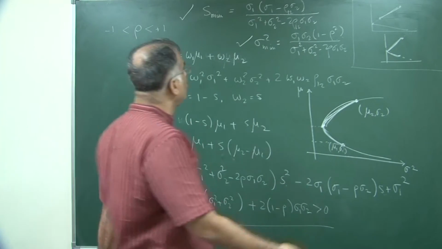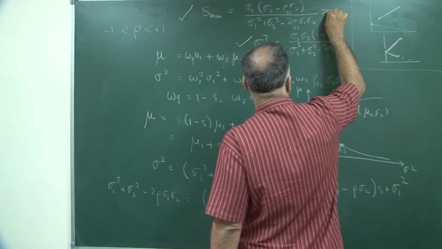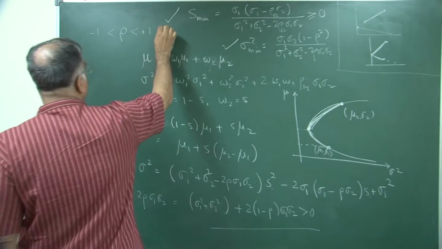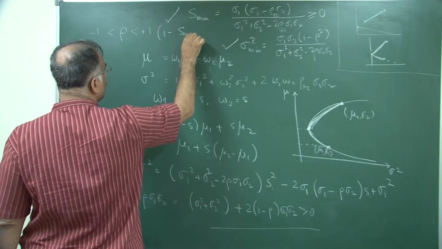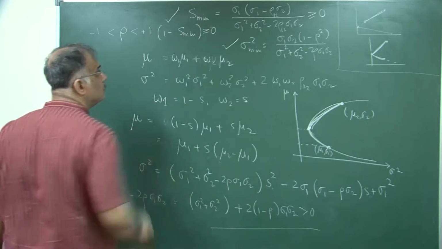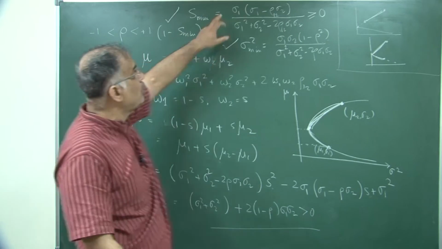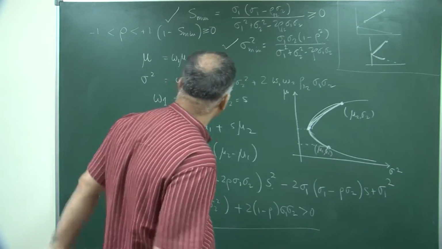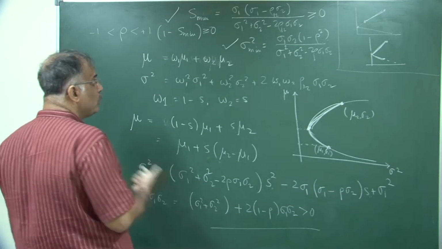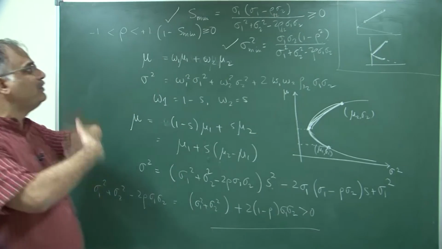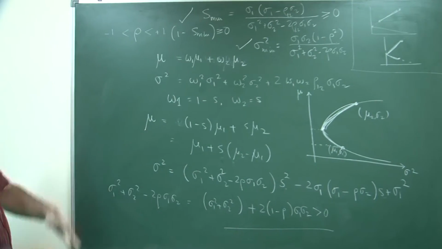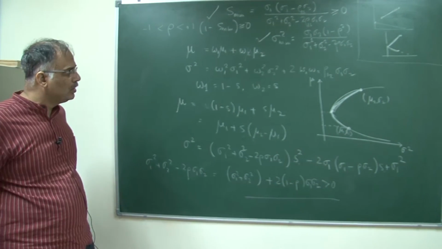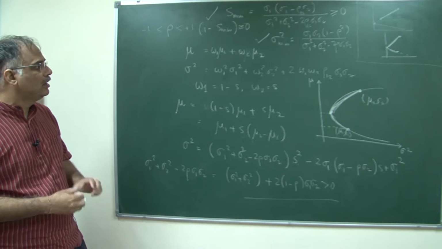Of course, you now have to see, if you don't want short selling, this is rho equal to 0, you also have to have 1 minus S to be greater than or equal to 0. And then you will see what conditions you require on sigma 1 and sigma 2 and the relation between sigma 1, sigma 2 and rho 1 2, so that there is no short selling. If there is short selling, what should be the condition? That I would leave it to you, and I would ask my TAs to put them as an exercise